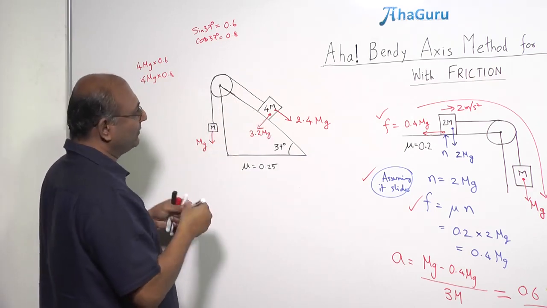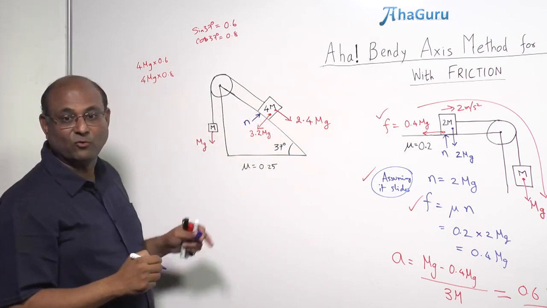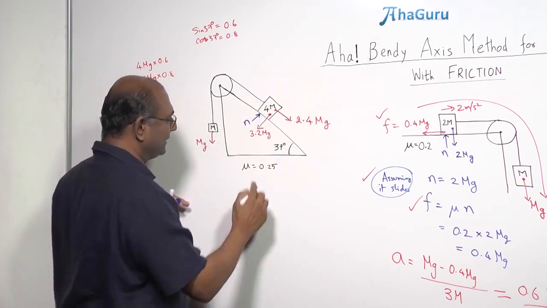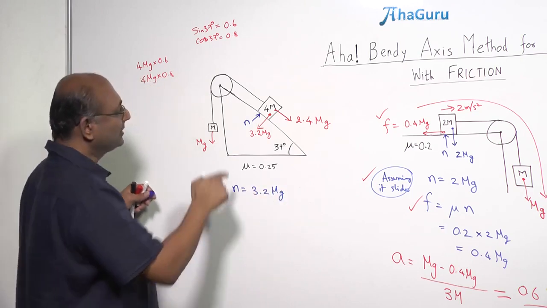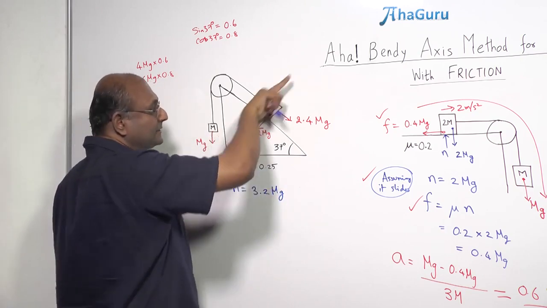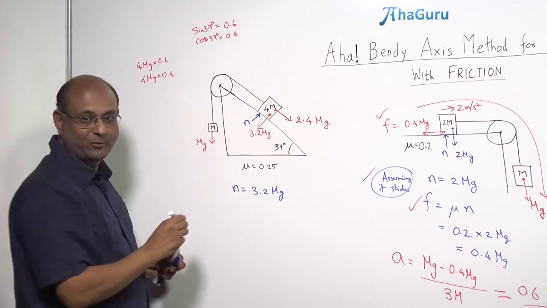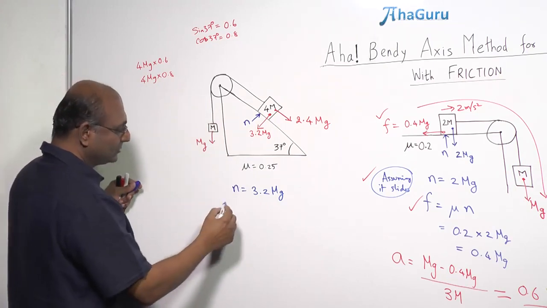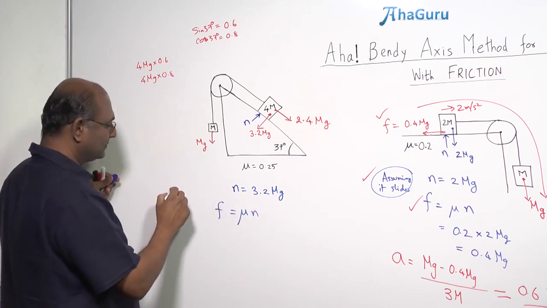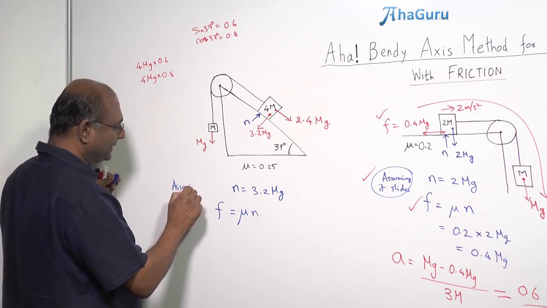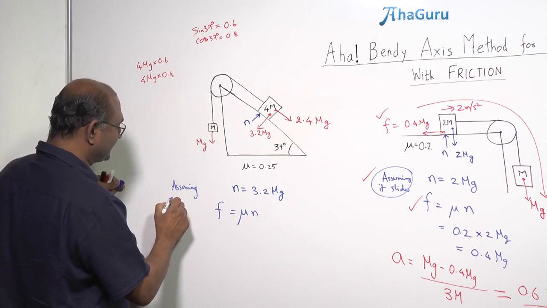So let me calculate what the normal force is. So if I look at the normal force here, normal force is no longer 4 mg. It's not going to move in this direction. So normal force is 3.2 mg, because normal force N minus 3.2 mg is mass into acceleration. There is no acceleration in this direction. Therefore, N must be equal to 3.2 mg. So I know what is N. So what is friction force? Must be mu N, assuming. So there is an assumption; otherwise what should I write? I should write friction is less than or equal to mu N. So here I am going to assume that it slips.